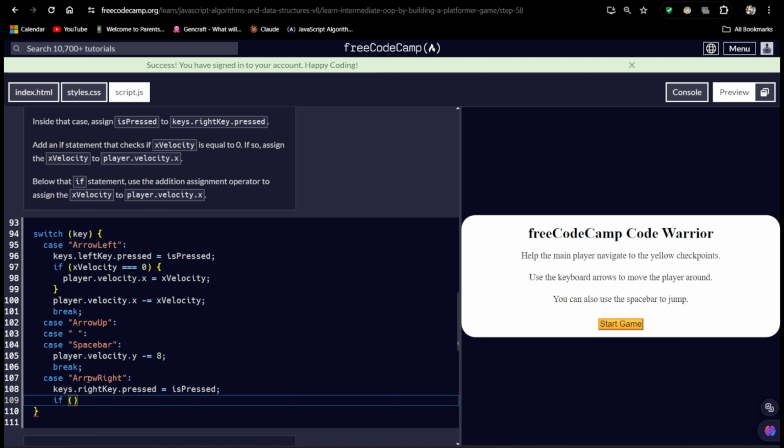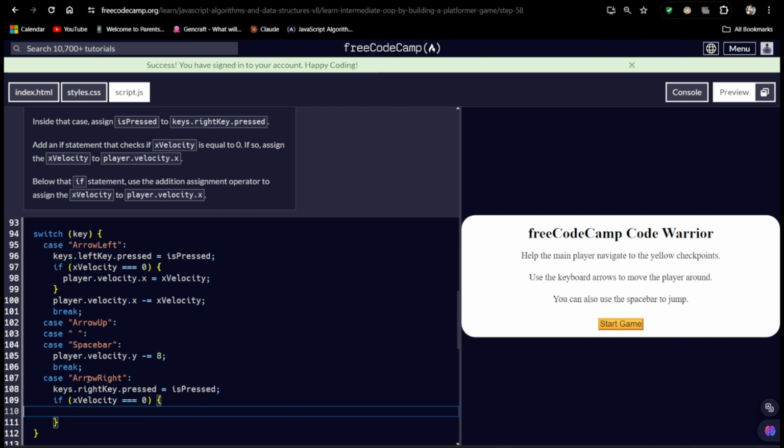So if, in a condition, a parenthesis for our condition rather, and a curly brace, and we have to write the condition which is the x velocity is equal to 0. And if the x velocity is equal to 0, then we would have to assign the x velocity to the player velocity of x. So in order to do that, we would have to write the velocity, the player, its velocity